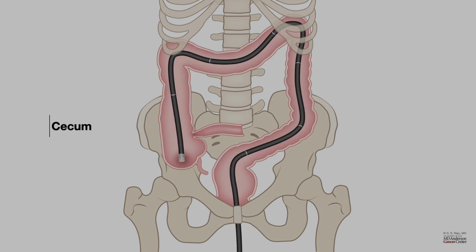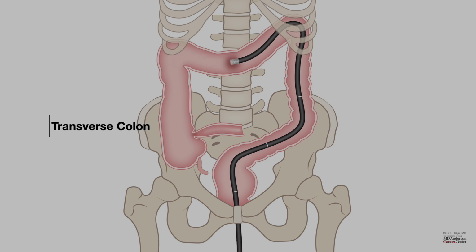And then as you come back, I would like to share with you the different sections of the colon. Right now, we are in the cecum, entered into the IC valve into the terminal ileum, come back into the ascending colon, turn around under the liver, hepatic flexure, go across transversely, the transverse colon, and